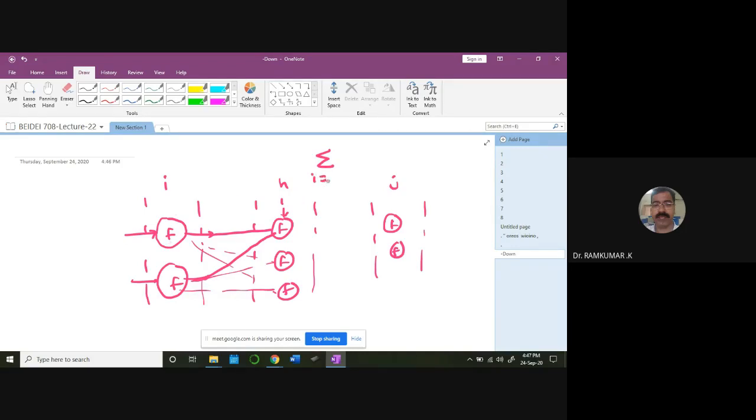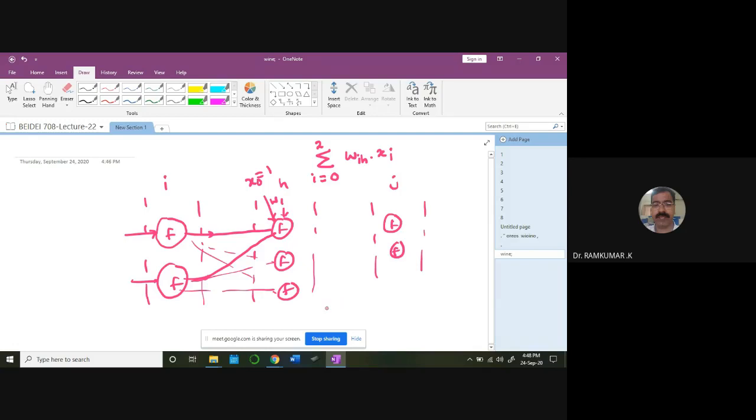I goes from 0 to, for example, 2, since I have 2 neurons here. Why am I putting 0 here? Because there will be one more bias, which I am calling x0. That value will always be equal to 1, but there will be weights for that. So I equal to 0 to 2 is the running parameter, and then I will be getting the sum of W_IH X_I. That is the pre-activation function for neuron 1 here.